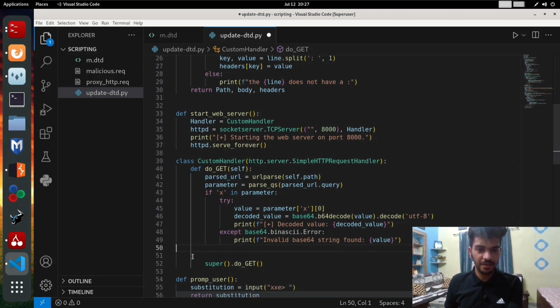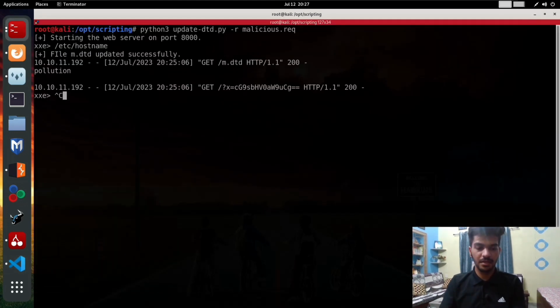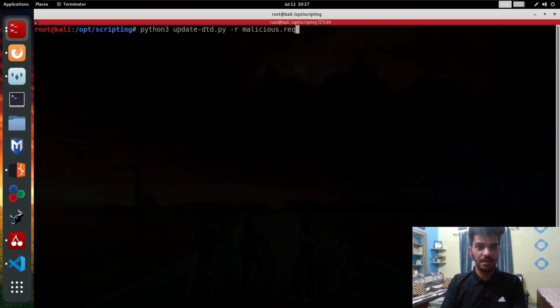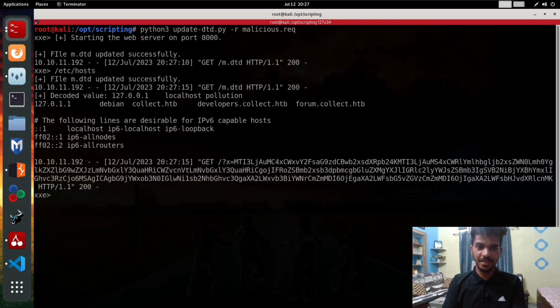Now still we have something, I will show you that on terminal. So till this we are good to go. So let's minimize the terminal, Control C to copy this, clear the terminal again, run the script again, and we have it here. So let's do /etc/hosts. So this is decoding it fine. Now what if I try to read a file that is much larger, right? And it has some different characters. So /etc/apache2/sites-enabled, and we have